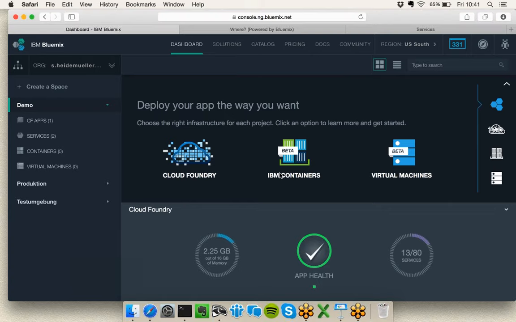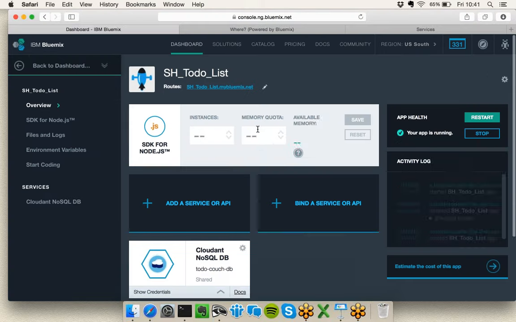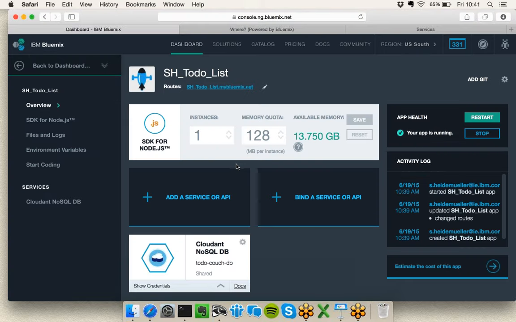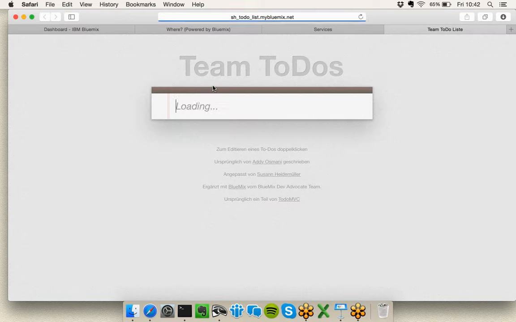So if we jump back into our dashboard, we should see our application, correct? And it's already running, perfect. So all I really needed to do was type in cf push and everything else was done for me. I have my root here. So if I click on it, I can see my